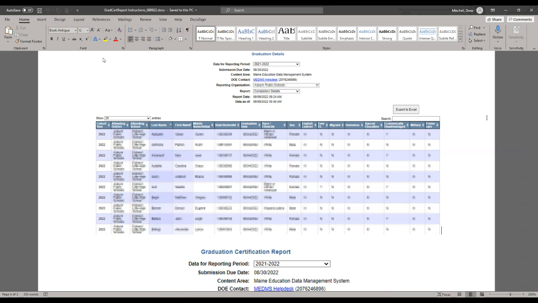If they've graduated, this is the completers report, so everybody will have a graduated date. But if you're looking at your 4, 5, or 6 reports, if there's no graduation date, then that means that they have not graduated. If they were supposed to, for example, they needed to complete some credits over the summer to be an on-time graduate, and they're not showing a graduation date, you simply have to go into Synergy and update their exit as a graduate. Again, if you're going to do that,